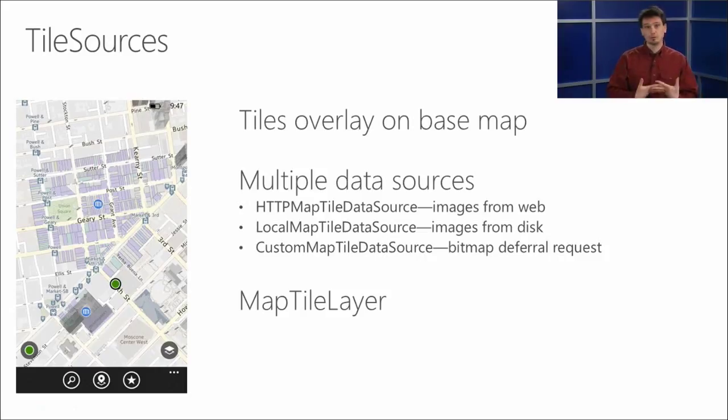One of the coolest parts here is the local map tile data source. This is new for Windows Phone 8.1. I think we've always had a version of pulling those tile images from the web. But now you can save all that tile source to disk and pull it up locally. So you could save all that mapping information, put it in your local storage, and just pull it up straight from the disk.